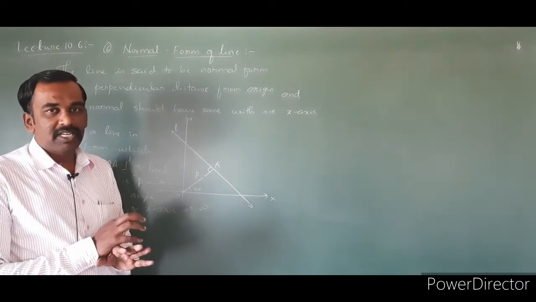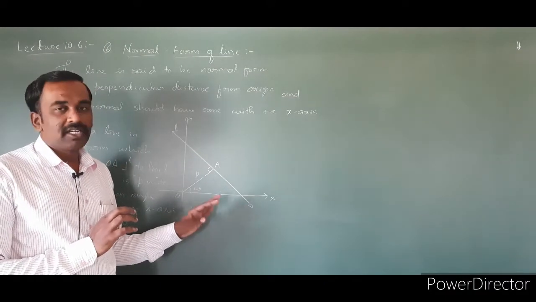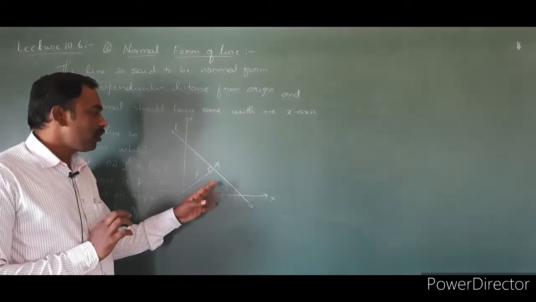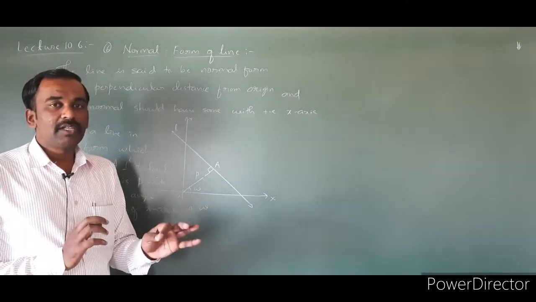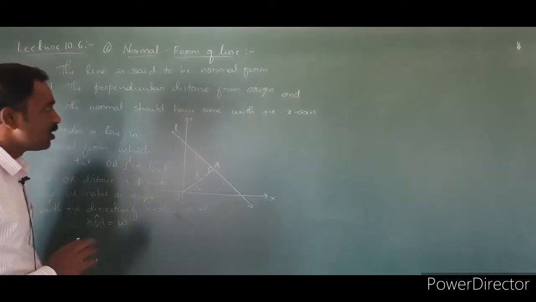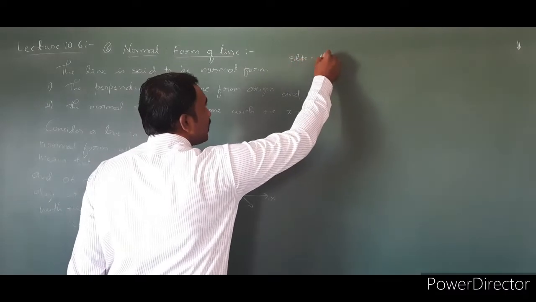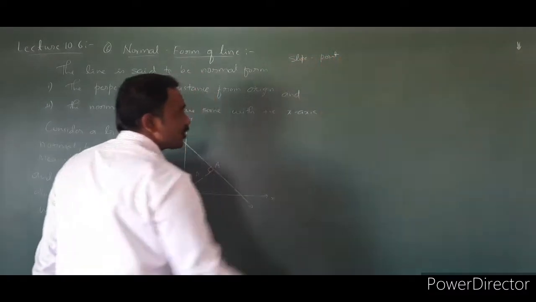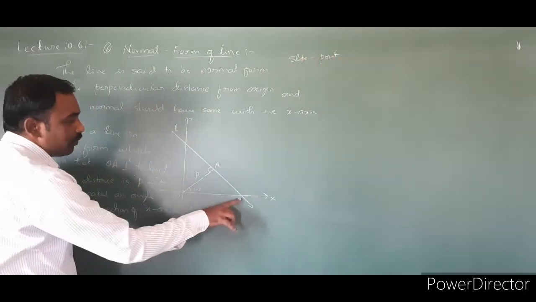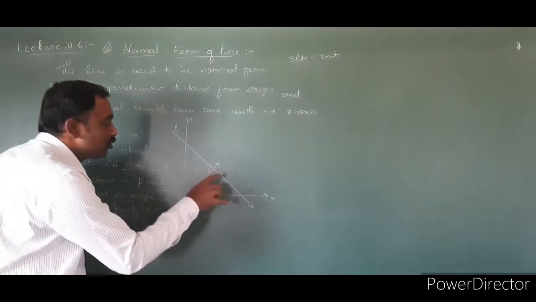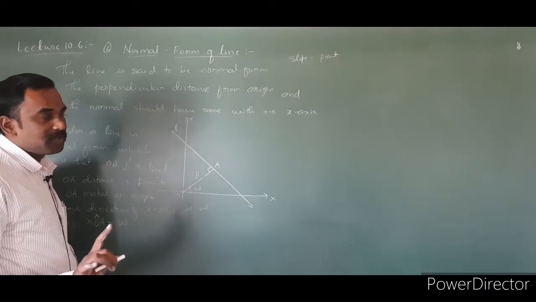Already the first form is neglected. Vertical and horizontal are neglected. Is it possible to find the equation of this line by using the slope point form? Slope point form means we have to get the slope of the line and one point. Two points, where it intersects, we don't know. Intercept form is not possible. Two points are also not possible to get.